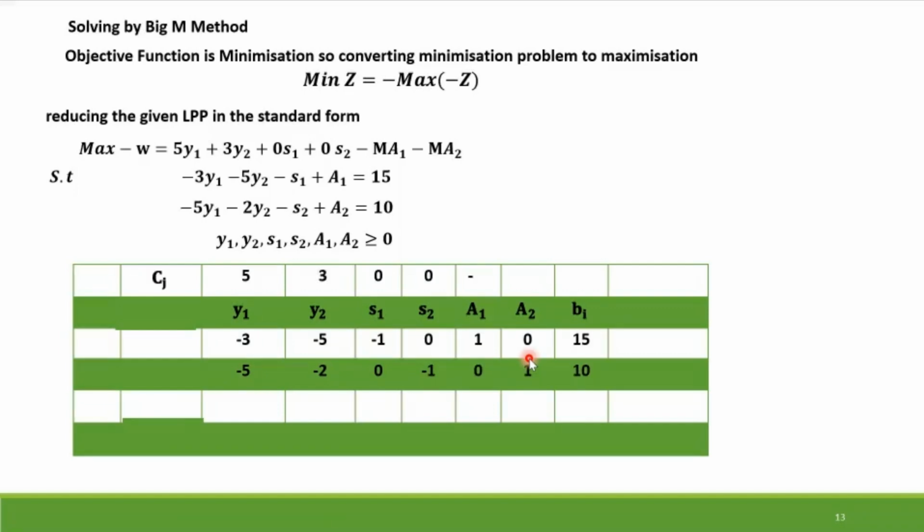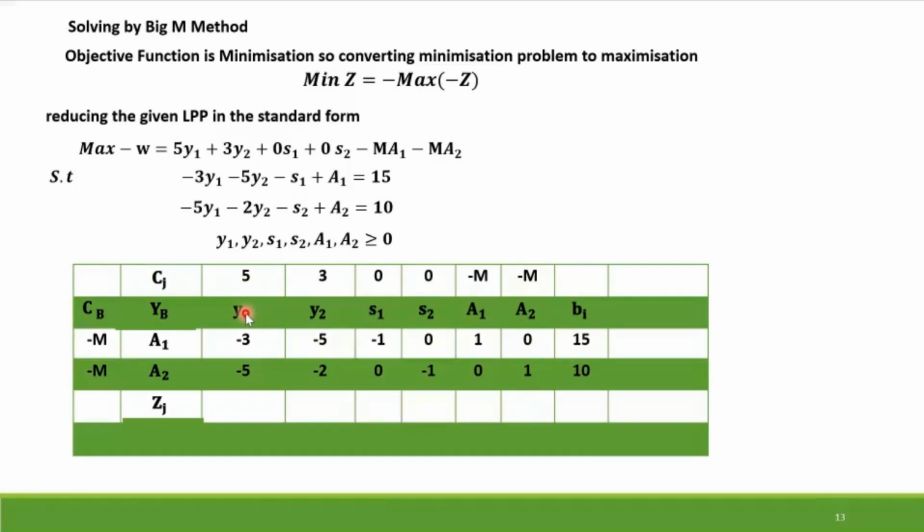Cj's 5, 3, 0, 0, -M. Again, I told you, after converting this to maximization only, you have to add, write 0, S1, 0, S2, and -M. Don't change the signs of this also. First, you convert minimization to maximization, and then add the slack variables or surplus variables, whatever is there. So, YB column में होगा A1 and A2. CB will become -M,